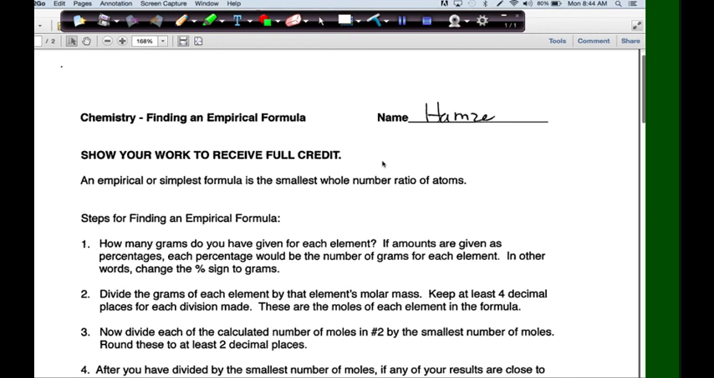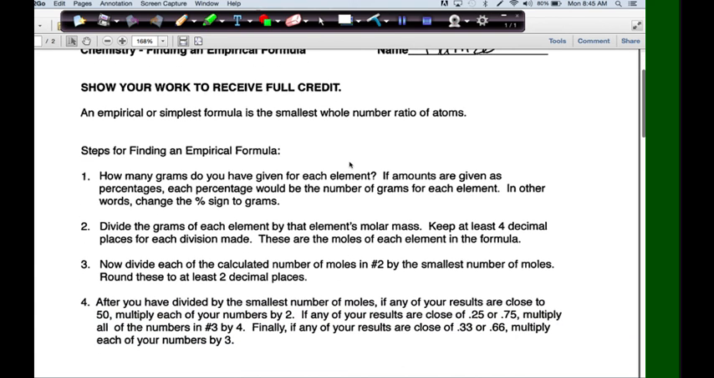This is going to be a video to teach you how to find what's called an empirical formula. Empirical formulas are also called simplest formulas. And so if I had a formula for, well, I won't go there right now. I would like to go over the steps to finding an empirical formula, and I have a couple of examples